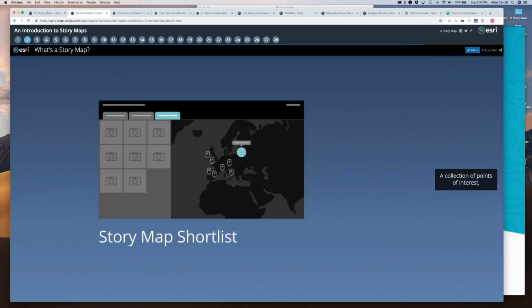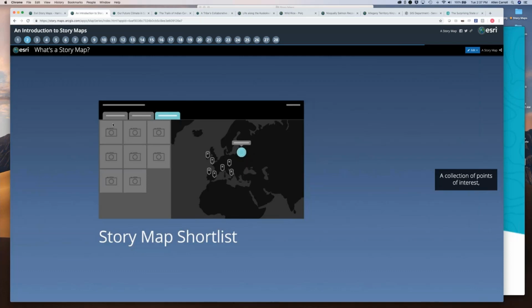Shortlist is a little bit different. Unlike the others, which are more or less continual narratives, this utilizes a curated set of points of interest in and around a destination. So there's a map, and there's a gallery of thumbnails. You can also organize the points of interest into these tabs.